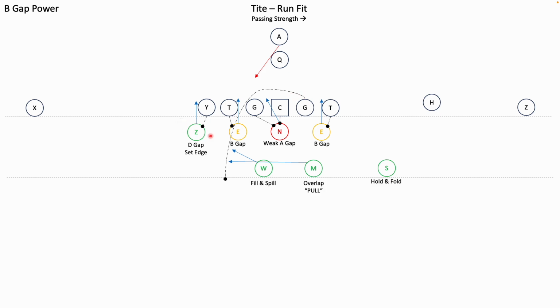Okay, let's talk about the outside linebackers. They're going to be reading the mesh. The Zeke is on the line of scrimmage. His responsibility is D gap. He will immediately set the edge using a scoot technique, and then he will be reading the running back in the mesh. This Sam will be a hold and fold player. So he's reading the running back. If the quarterback hands the ball off to the running back, then the Sam is just going to fold down the line. If the quarterback keeps, then he is going to either go up and make the tackle or defend